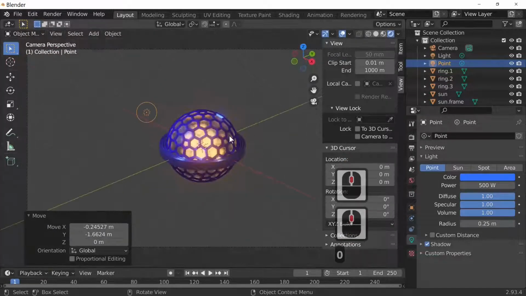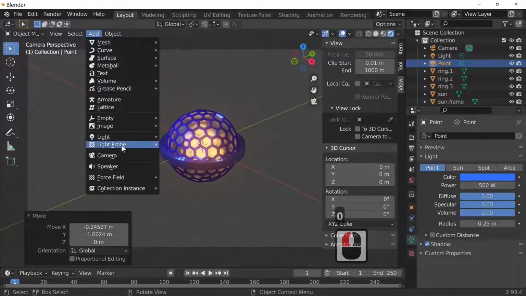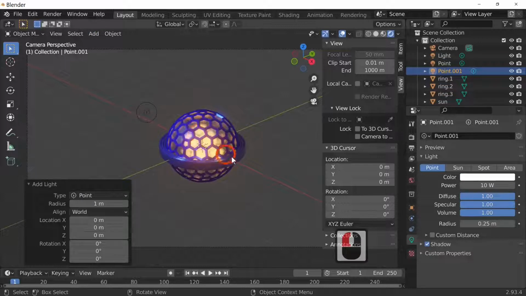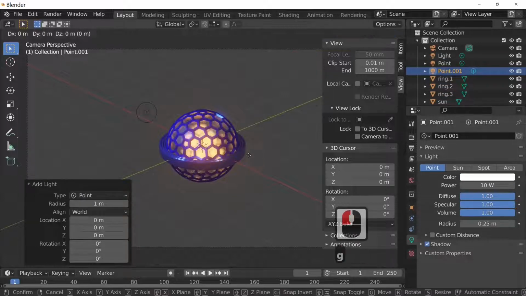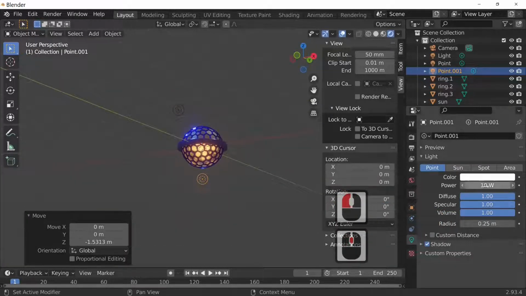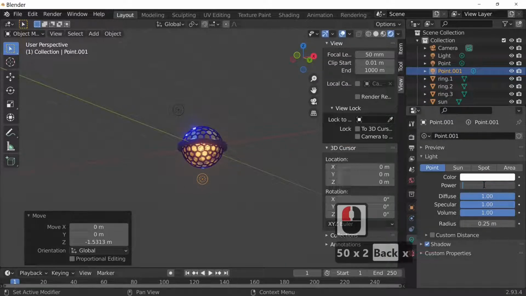And what I'm going to do is add in another light, another point light, and G and Z, G to move, Z to restrict it in the Z direction, and going on our light properties, in fact 200.